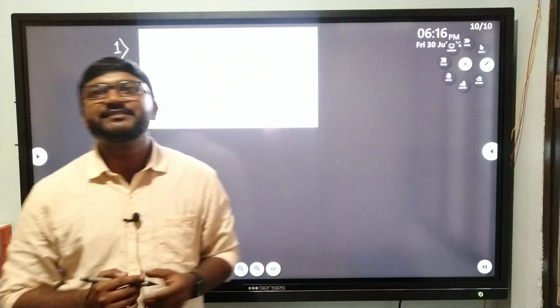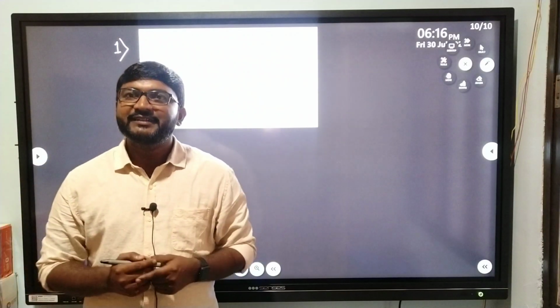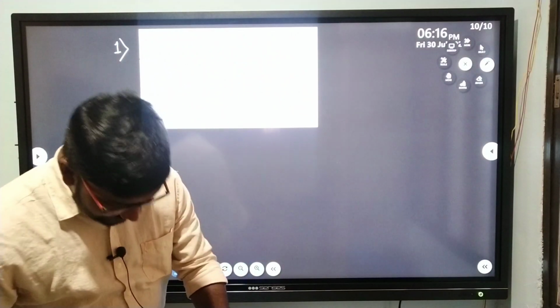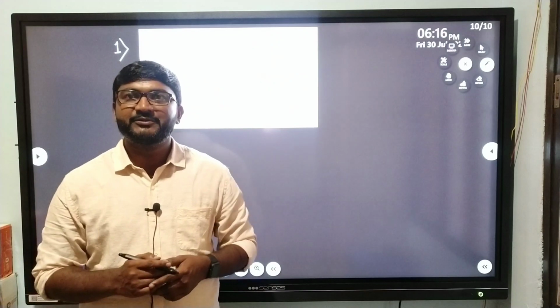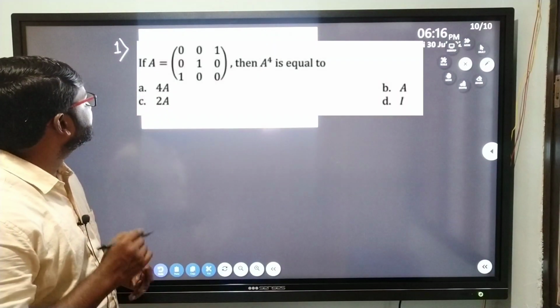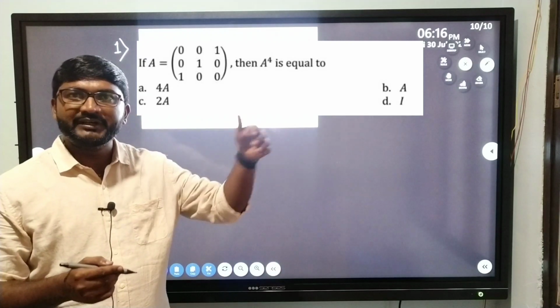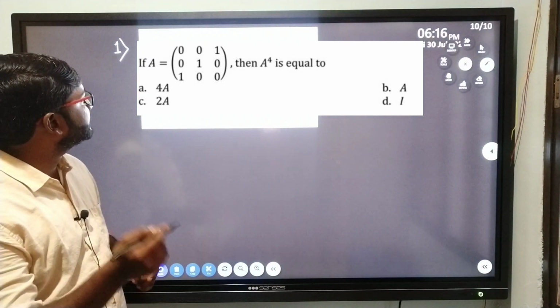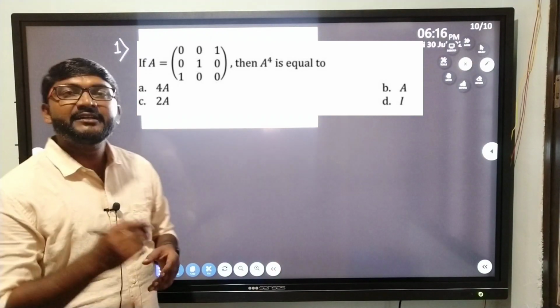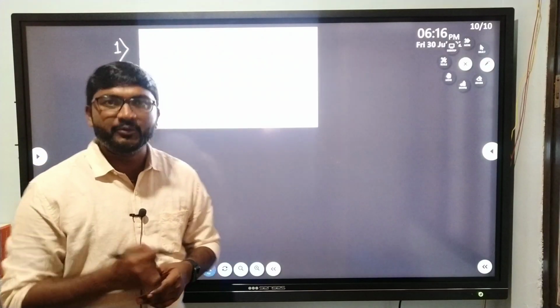So in today's class I am going to solve some of the previous year Karnataka CET questions on matrices. So let us take up the first question. Question number 1: if A equals the matrix 0 0 1, I am reading row wise, 0 1 0, 1 0 0, then A to the power 4 is equal to,